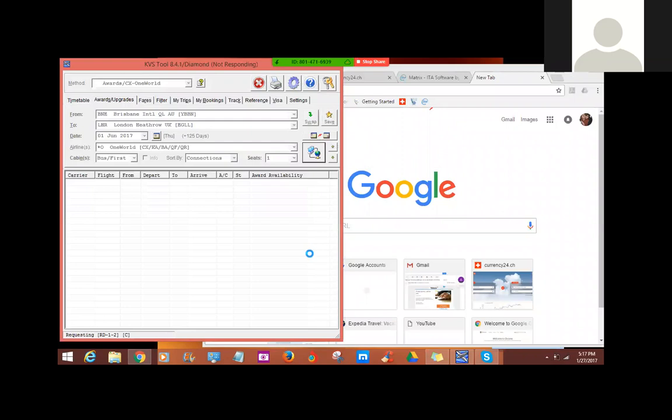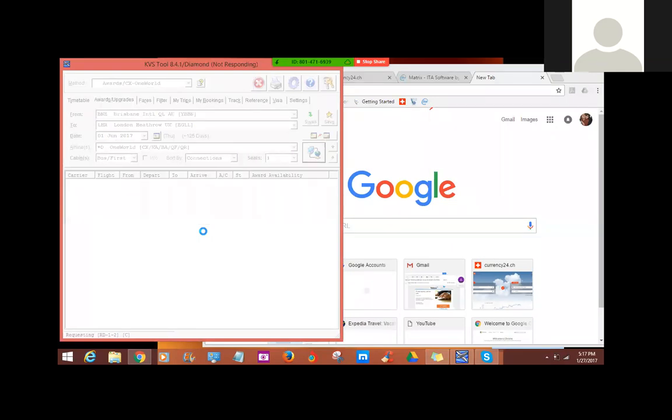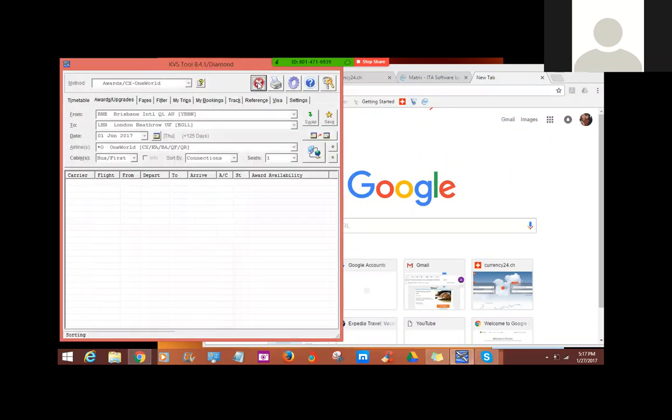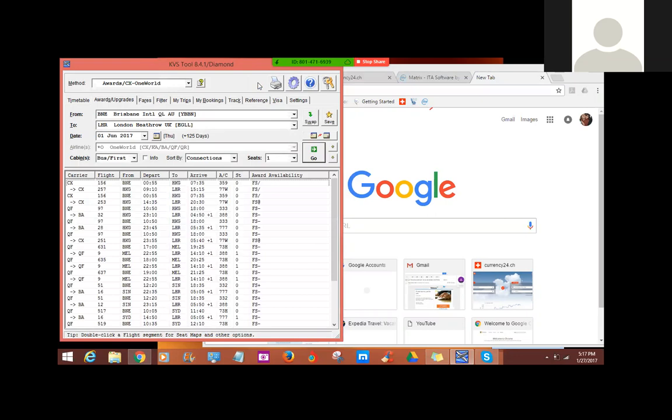Okay, refresh this by just hitting F5. Hit the red X at the top is what I would do, and just stop it and start over again. There you go. Oh, all of a sudden, okay. So I can already tell